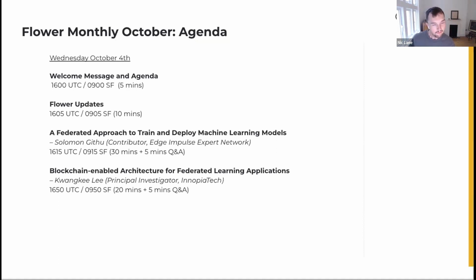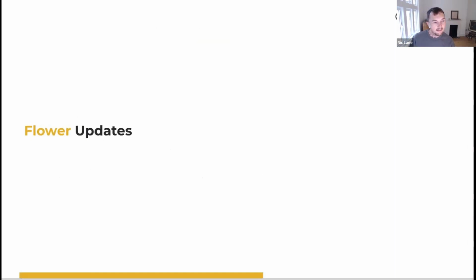So with that as an agenda sort of broadly outlined, let's give a couple of Flower updates. And with these Flower updates, we often like to review what's happened in the past month. And so I decided it would be appropriate to review one event that happened on a Friday. We've been experimenting with a few different community events in the last few months. We had Flower Around the World. A few months ago, we had our annual event of Flower Summit. But in this last 30 days, we had an event we called Flower Friday.